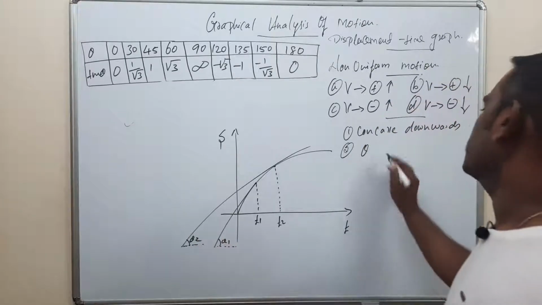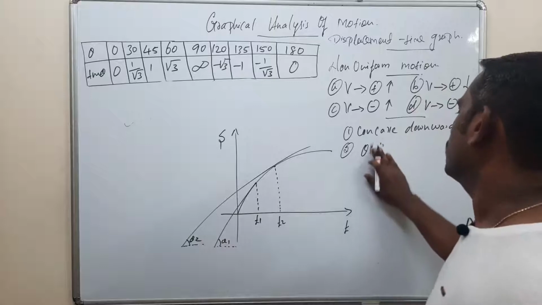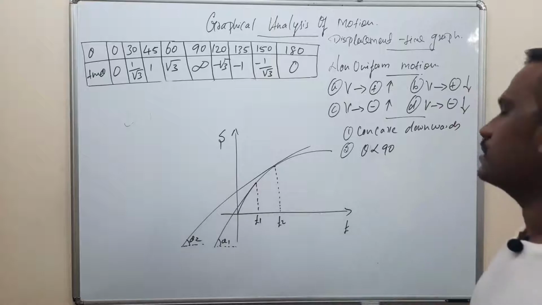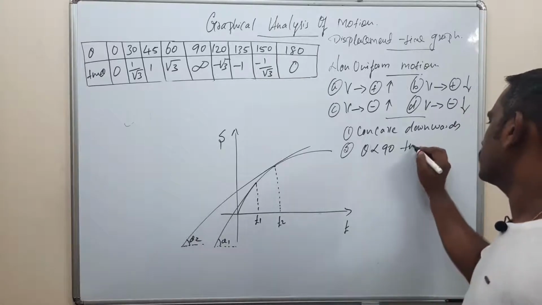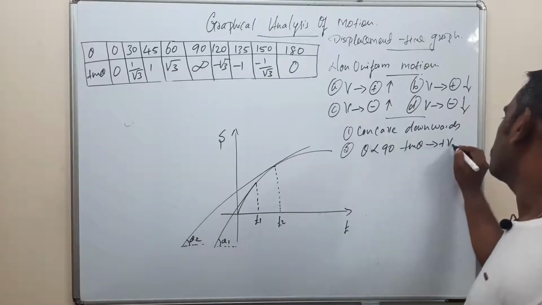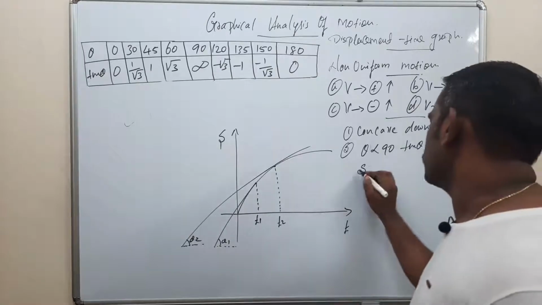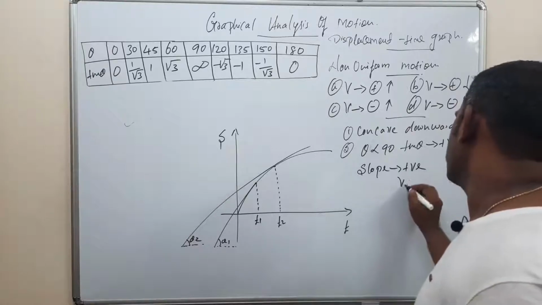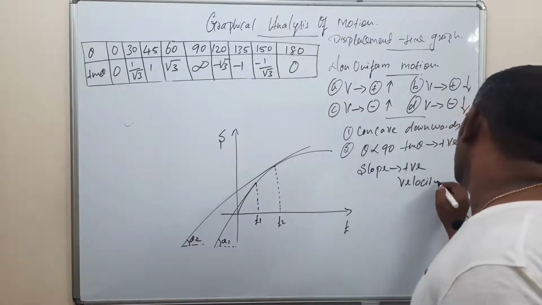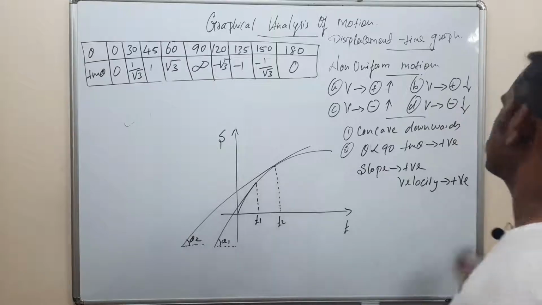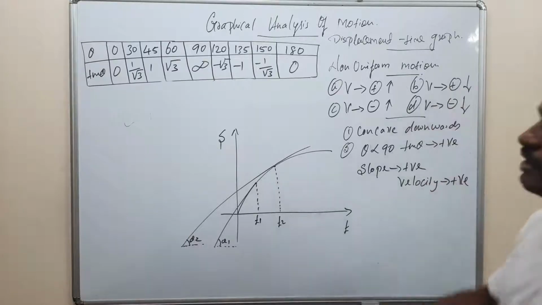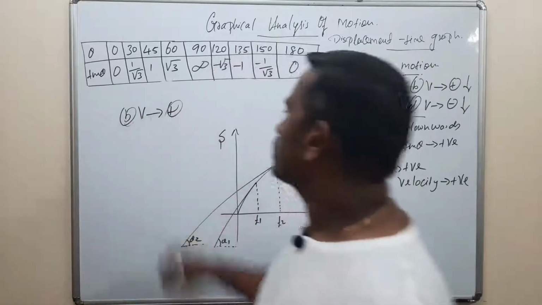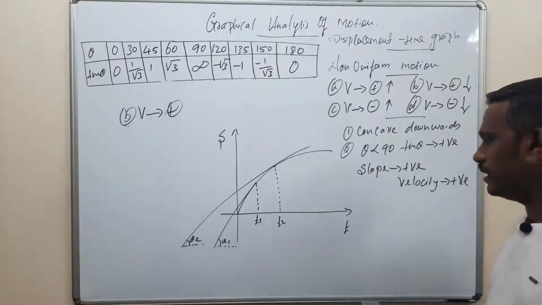Theta less than 90, that is tan theta positive. Tan theta positive means slope positive. Slope positive means velocity positive. So we got velocity positive. Third point,